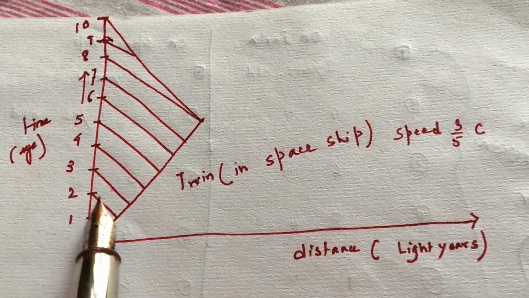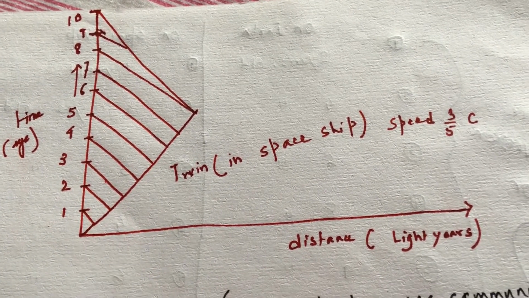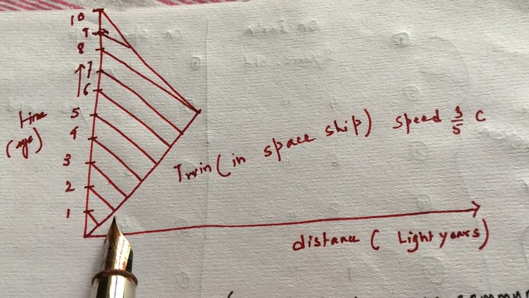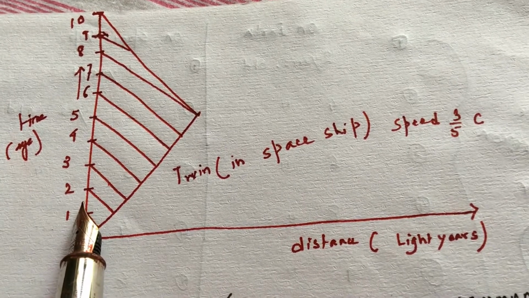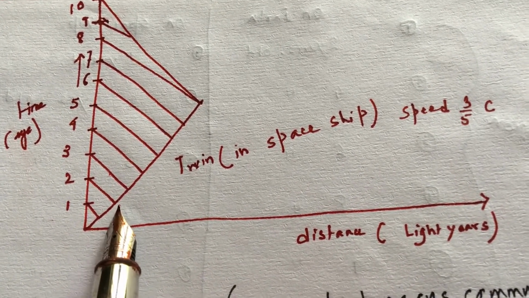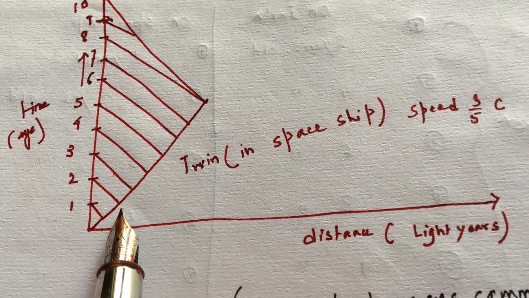These lines are the speed of light. Now suppose they have 2 clocks, and when the clock with the twin inside the spaceship